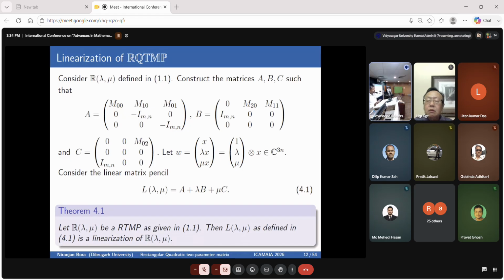We construct block matrices A, B, C consisting of the coefficient matrices of the original matrix polynomial, and W can be split into the Kronecker product of X, and we consider the linear matrix polynomial similar to Definition 2.2, and we prove that this linear matrix polynomial